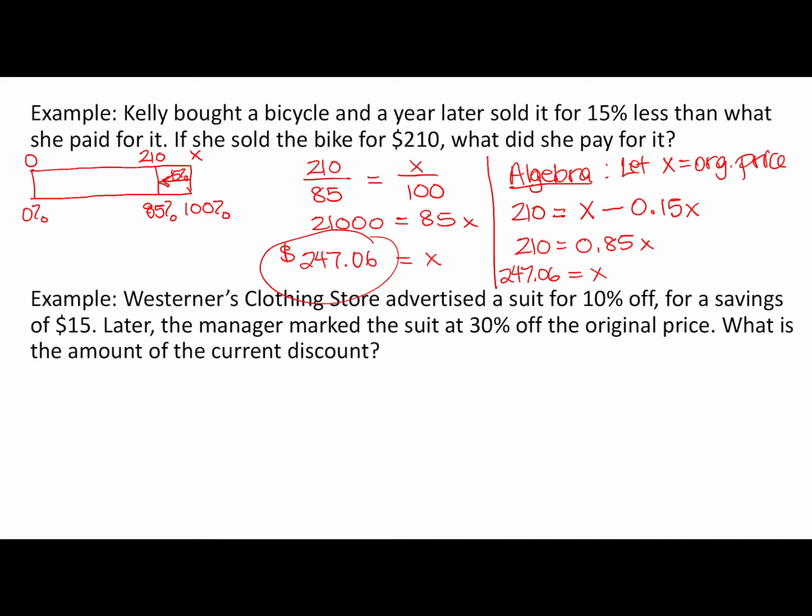All right, Westoners clothing store advertised a suit for 10% off for a savings of $15. Later, the manager marked the suit at 30% off the original price. What's the amount of the current discount? All right, this is more of a reasoning exercise. So if 10% off is a savings of $15, what that means is if X is my original price,